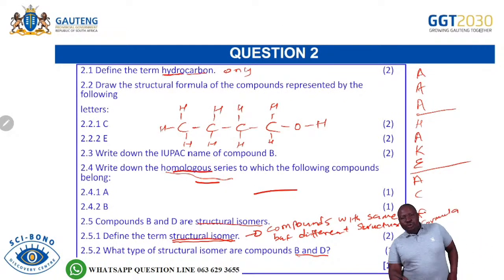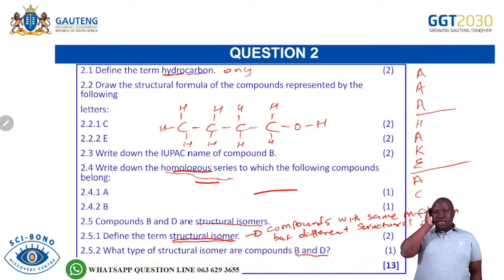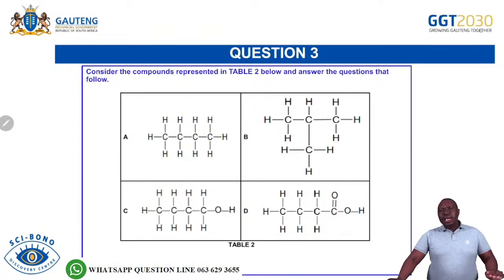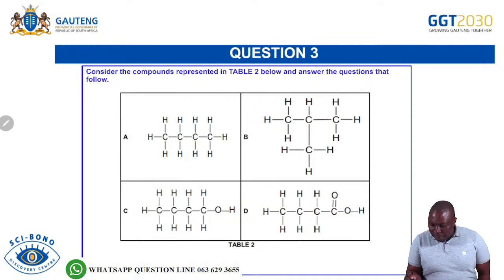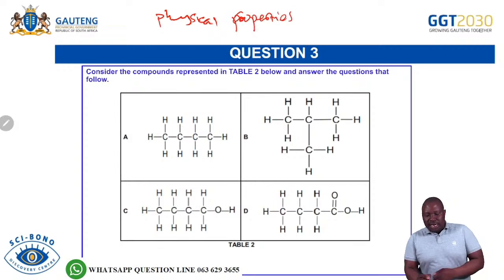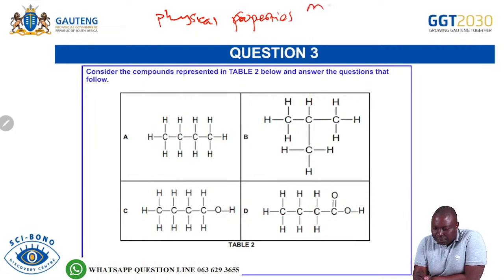So that was your question 2. It had 13 marks. Remember now already we have covered 23 out of 75 marks. I'm hoping that we are moving together and we have no challenge. Now, as we move to question 3, remember, question 3 is physical properties or physical conditions. Now, the physical properties that we do in tech science in grade 12, we said this is the melting point, the boiling point, the vapor pressure, and viscosity.